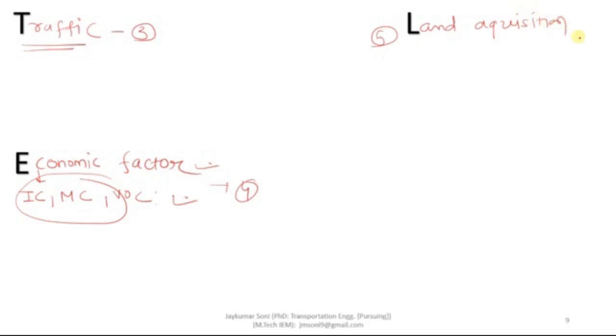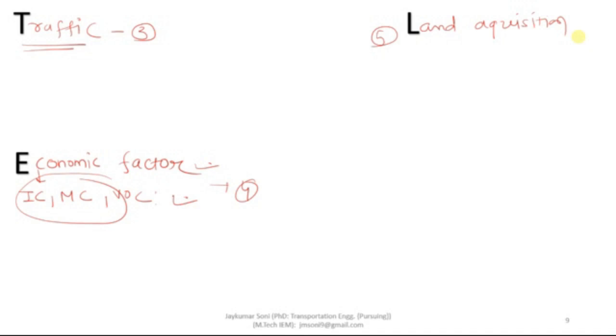Now we all know that without the acquisition of land, the construction of highway is not possible. So the availability of adequate land for the construction of highway is a necessary component. If the road alignment is such that considerable built-up area and cultivated land area are to be acquired, then it will prove to be difficult, costly, and time-consuming.